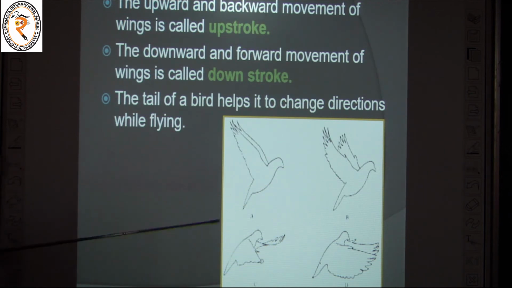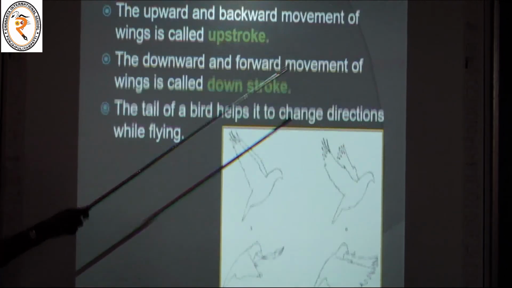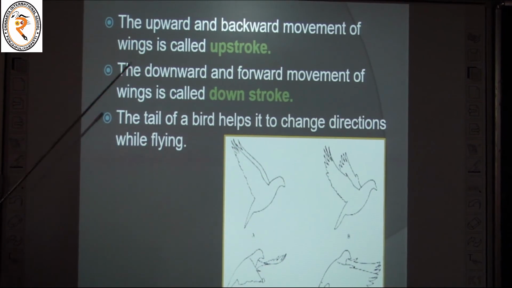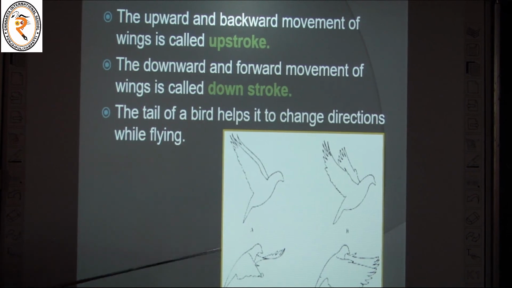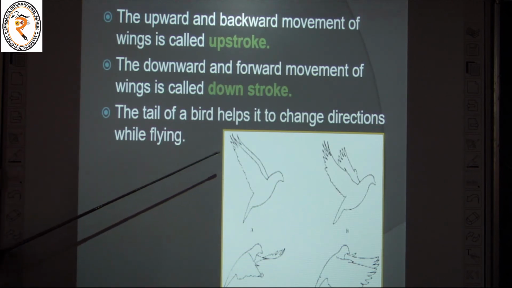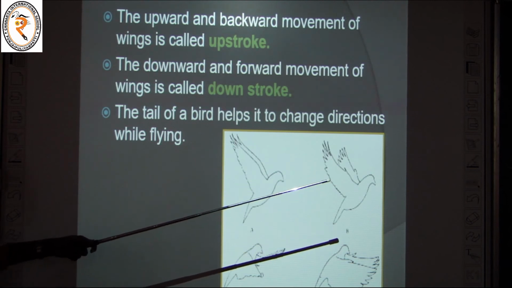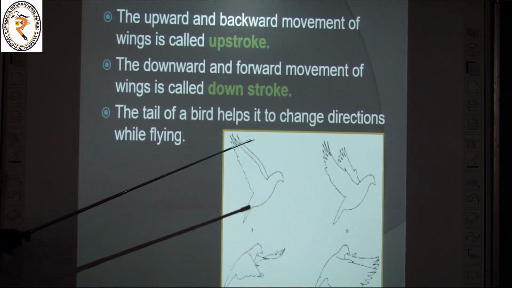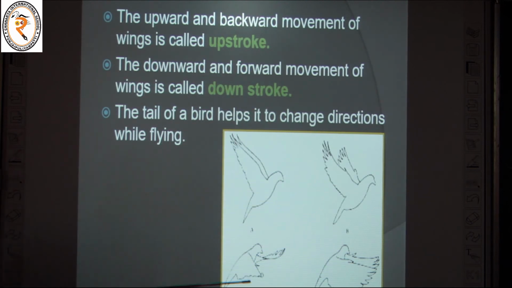Now next is downstroke. The downward and forward movement of the wing is called downstroke. See, down and forward, up and back. Upstroke is up and back. Downstroke is down and front.